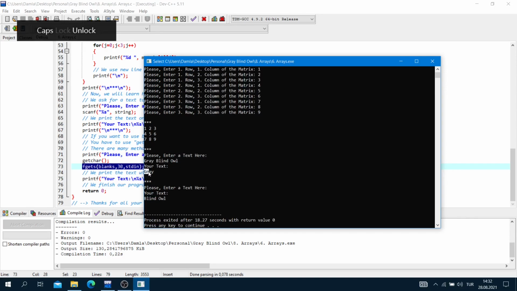Now, as you can see, only gray, because if scanf encounters a space, it does not get the other characters. So it gets only gray, not blind and all.